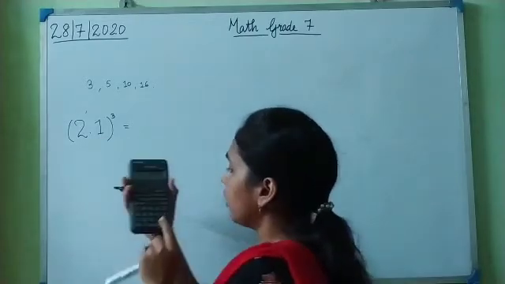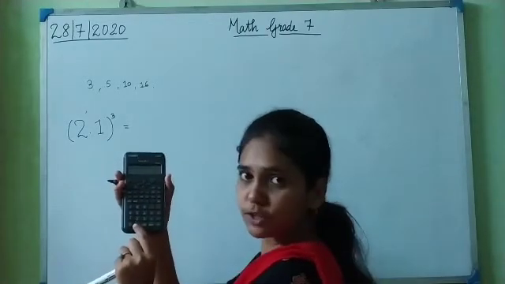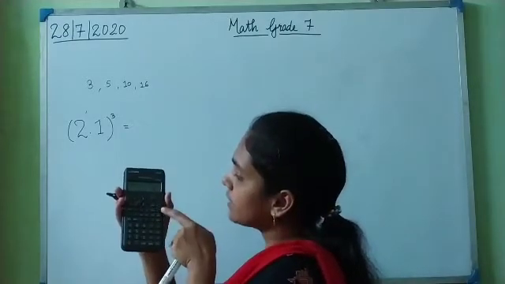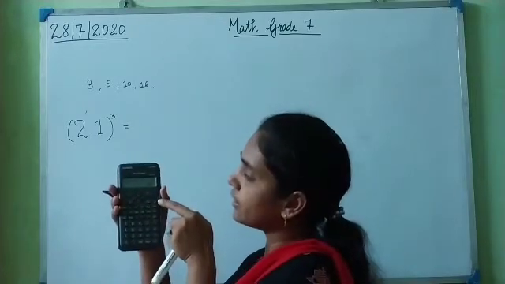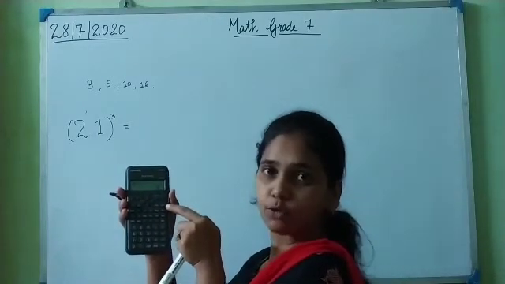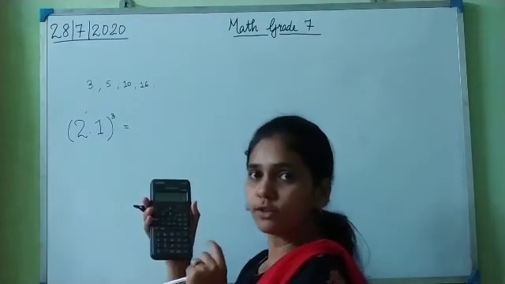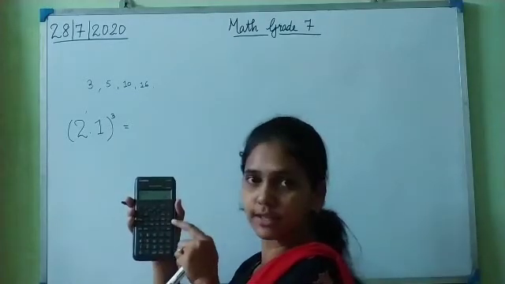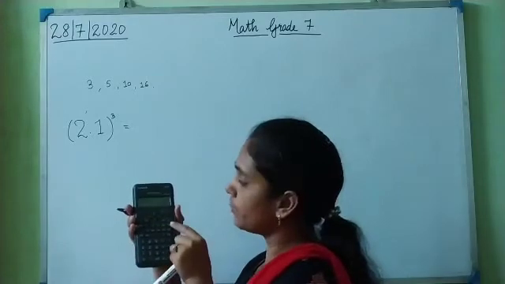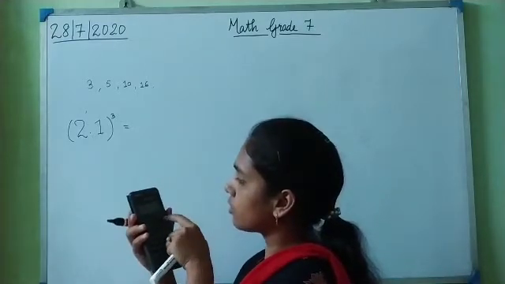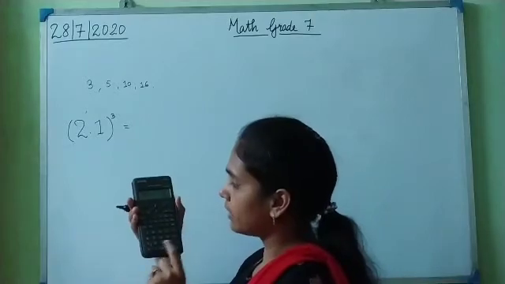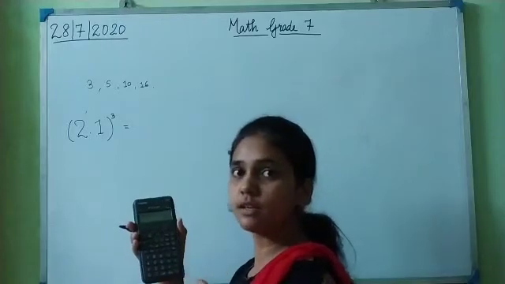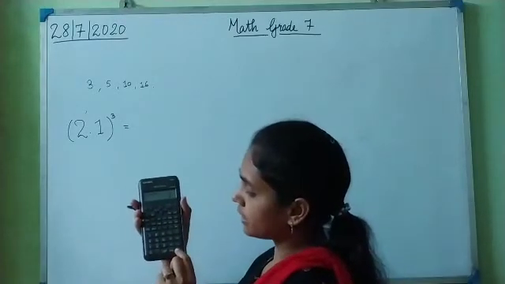So it is 2.1. I press 2, then the key with a point on it, that is the decimal point, and then I press 1. Then there's a key named x cube. I sent a photograph of this calculator to you in the notes, so you can see all the keys. At the right corner there is an x cube key. So I press 2.1, then the x cube key. There's a small 3 written there, which means it is a cube, and then we press equal to.